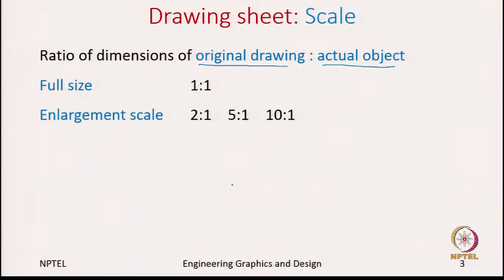So, first let us look at enlargement. Here the drawing is made at a bigger scale. So, let us think about an electronic chip. Usually the dimensions are about 20 by 20 millimeters. But then there is plenty of information to show if you want to show the electronic circuits. Then you may want to choose to enlarge the chip so that you can show those details more clearly.